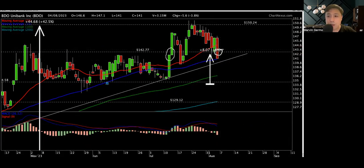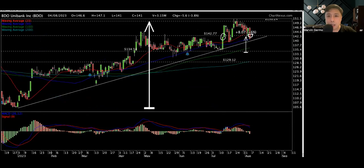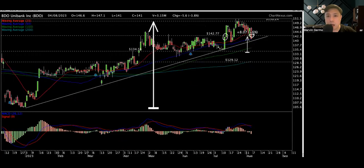50-day moving average. The difference between, I think, BDO and Meralco is that it's still in its uptrend. It's still in this line that we projected, no, from end of December 2022. That entire uptrend is still holding its ground. It's still also above the 100-day moving average and the 200-day moving average. So let's see over the next week if it tries to at least retrace to this uptrend and it starts